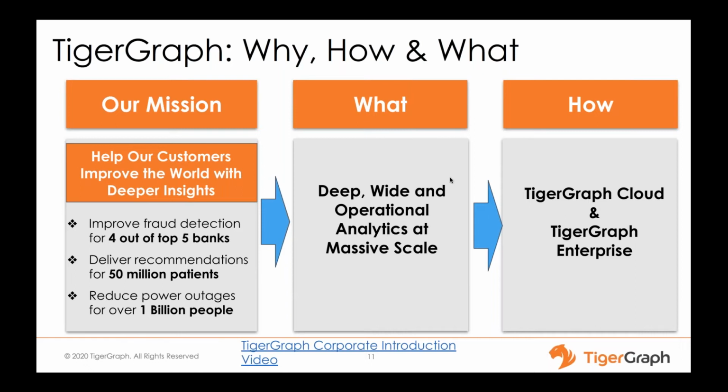The three aspects are depth, width, and operational nature of the data. First, start with the deep side. TigerGraph can traverse 6 to 10 plus hop queries easily, while some other graph database vendors can go 2 or 3 at most, and then after that, they cannot scale. So even if your data is really deep in terms of traversal and connectedness, we are still able to perform